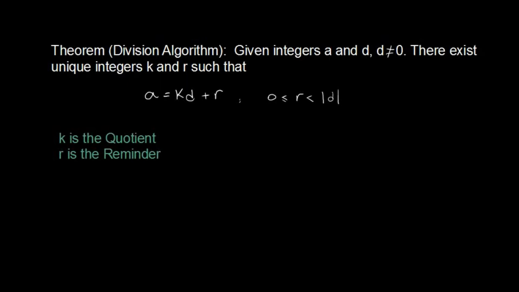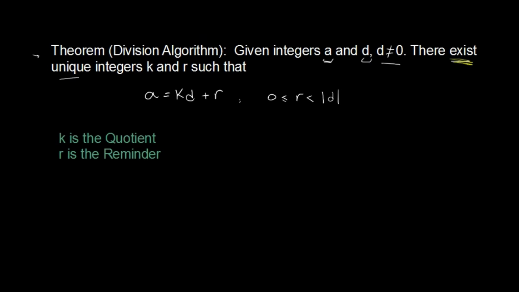In this video, we're going to be learning one of the most important theorems in basic algebra, and that is the division algorithm. Every time we have two integers, a and d, where d is not 0, we can be guaranteed that there will exist unique integers, and this is what makes this theorem so important, these two words,